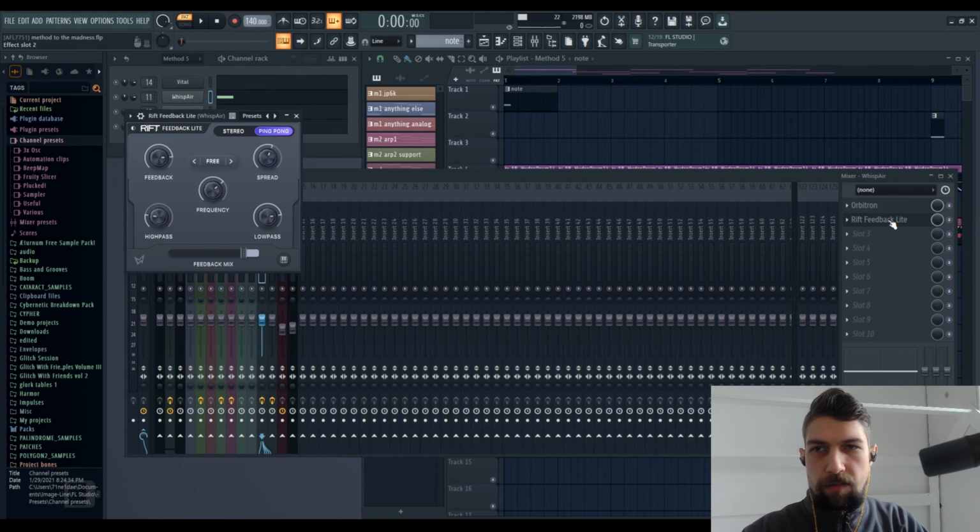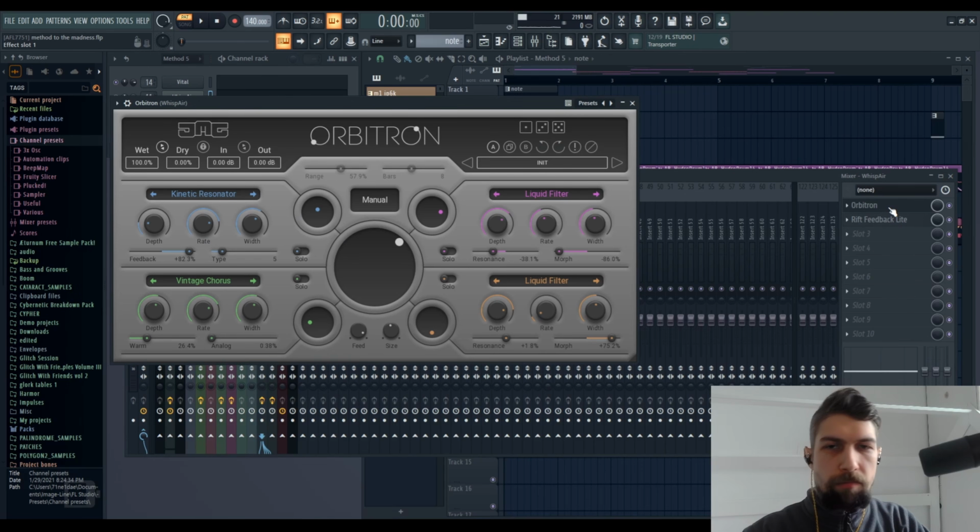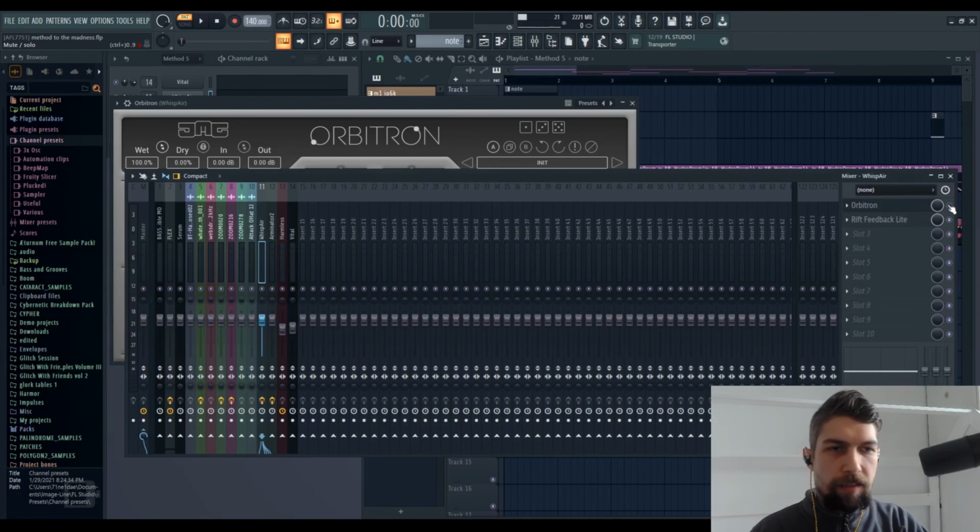In this case, it's Riftfeedback Lite, which is a freebie. I'm not sure it's still free. It was free for quite a while. You could grab it. There's also Orbitron. It's not a freebie, but it's a kind of space modulation effect. Without these,